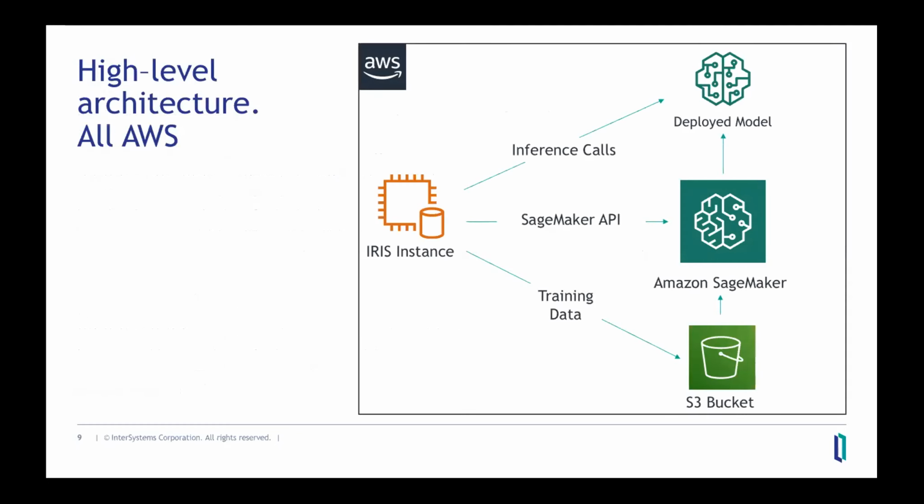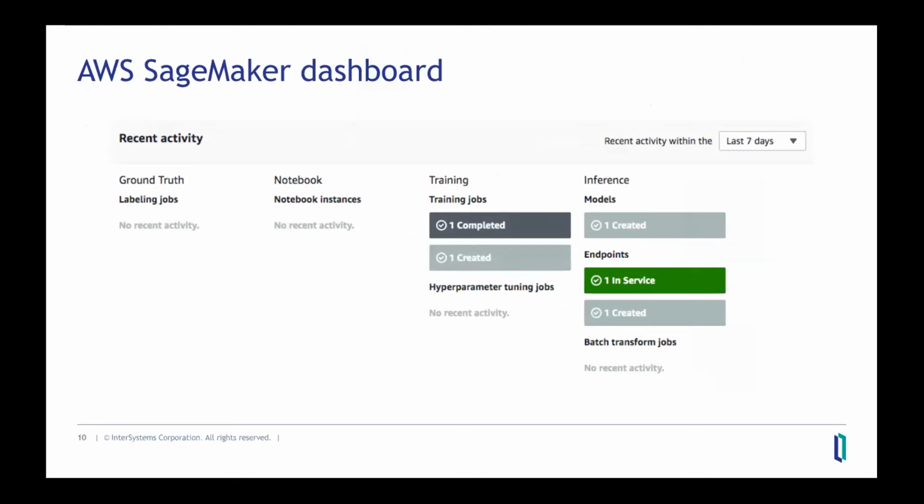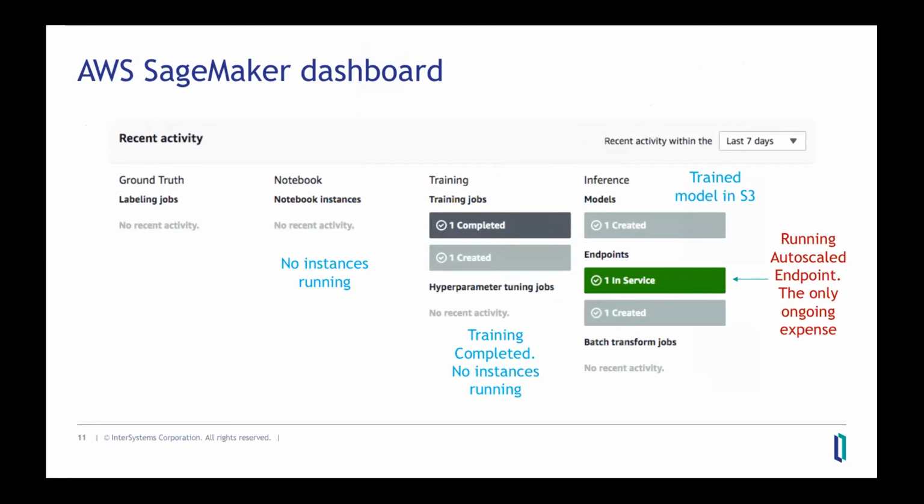So how it works, right? You have an IRIS instance that can be located either on-prem or in AWS cloud, and through standard APIs, we would be interacting with your S3 bucket, AWS SageMaker, and if we choose so, we would run this model in AWS. Alternatively, we can choose to run this model on-prem, so this endpoint green box would not exist, right? If we run this model in AWS, the only ongoing cost we would incur is running the model in AWS. So next time we need to make a prediction, we'll make a call to the cloud service, right?